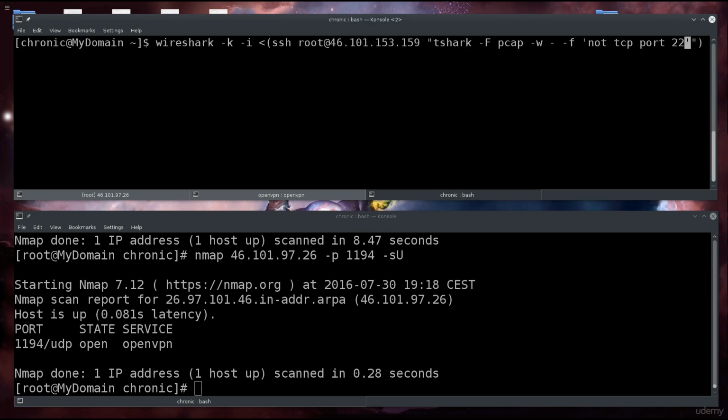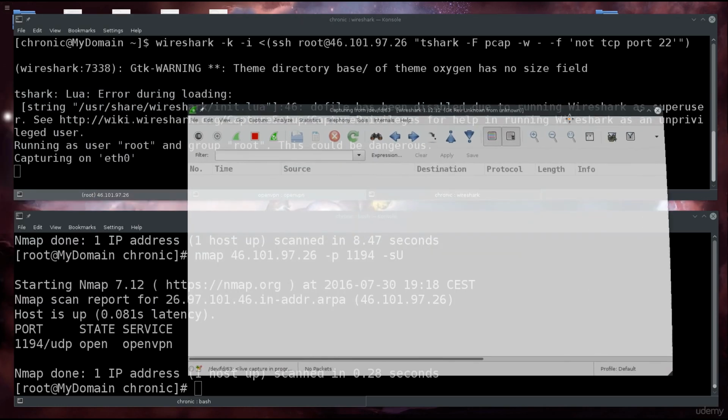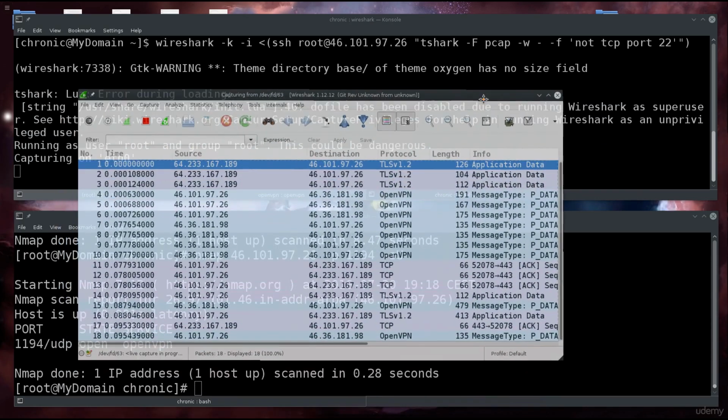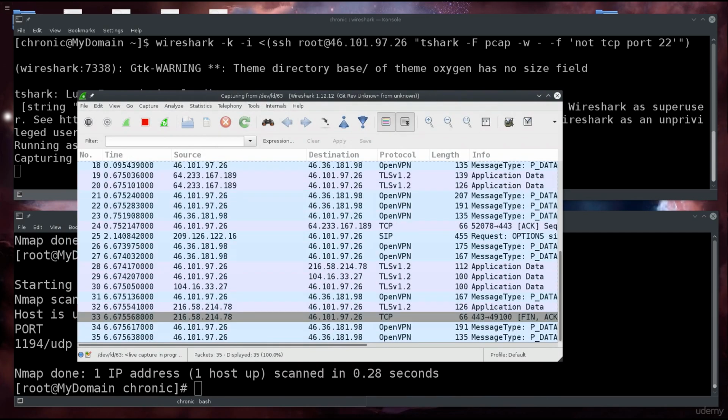Clear the screen, and this is not even the proper IP address, so let me just go ahead and promptly change that. So 46.101.97.26. And let's go ahead and do it now. Okay, so it says running as root, group root. This could be dangerous. Yes, I am well aware of it, but